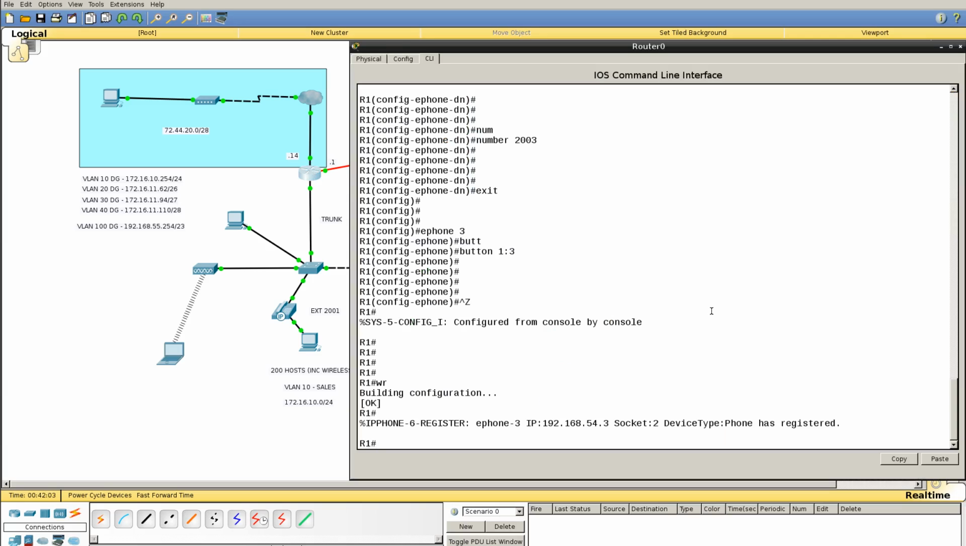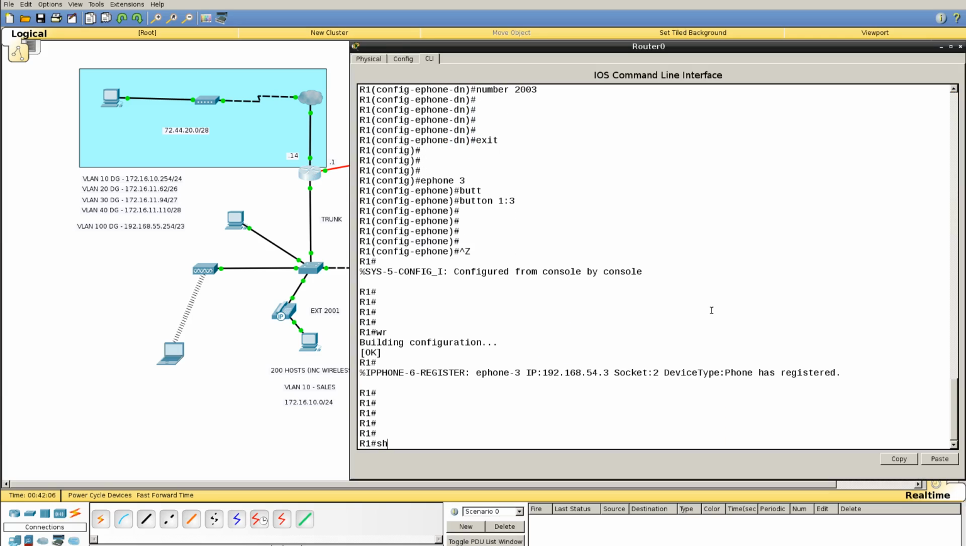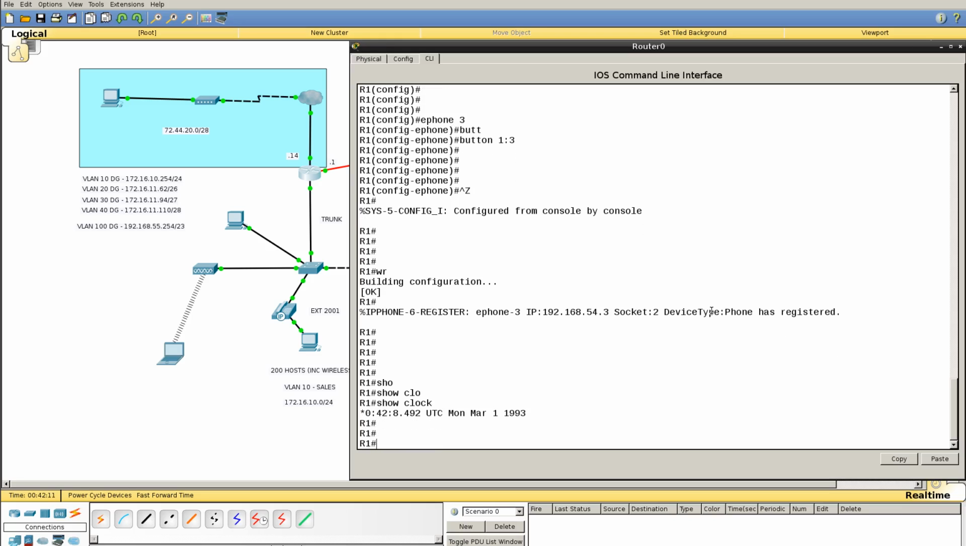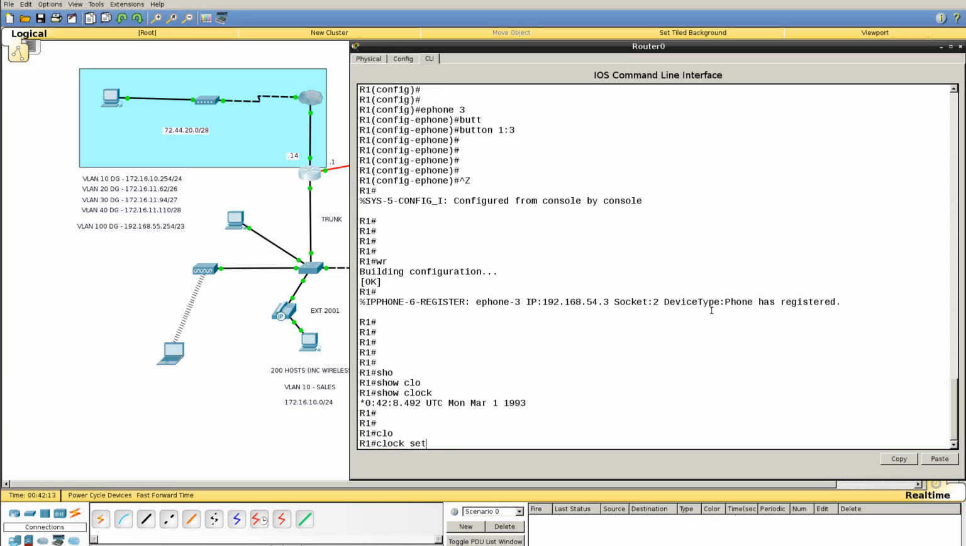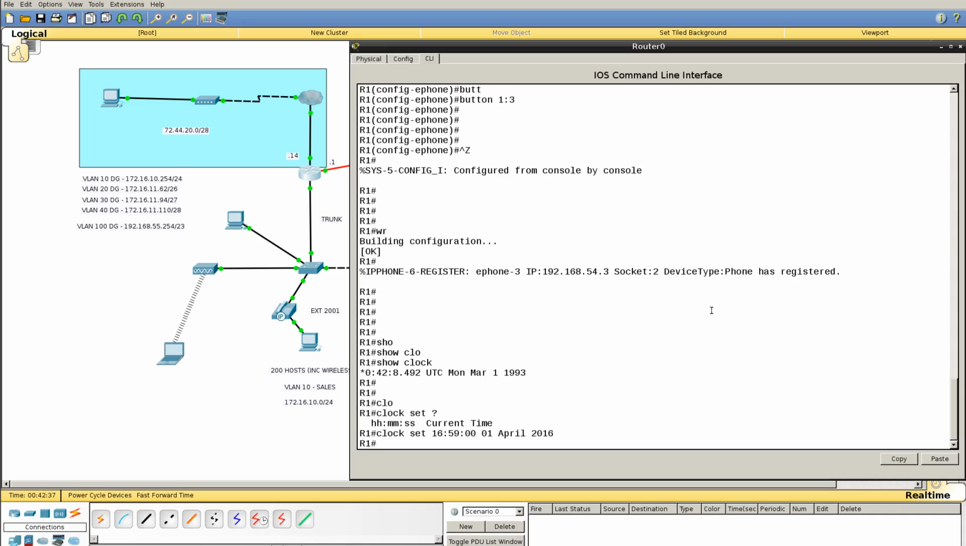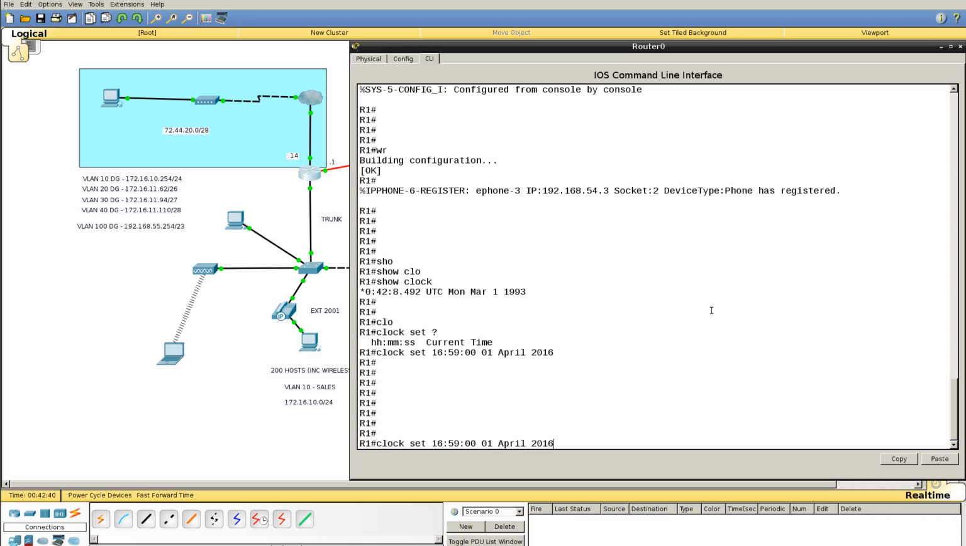The router. Let's just fix that for a second. Show clock. Yeah, that's where it's getting the date from. So clock set. Notice you don't do this in global configuration mode. It's very odd like that. Okay, we want to put in the time, so we will say 16:59:00, and it is today, believe it or not, it's April Fool's Day today, so that is the 01 of April 2016. Superb. Now if I do a show clock,